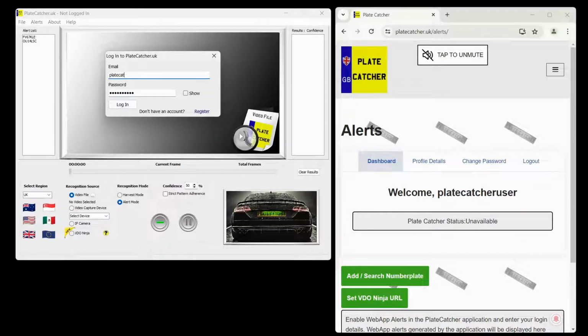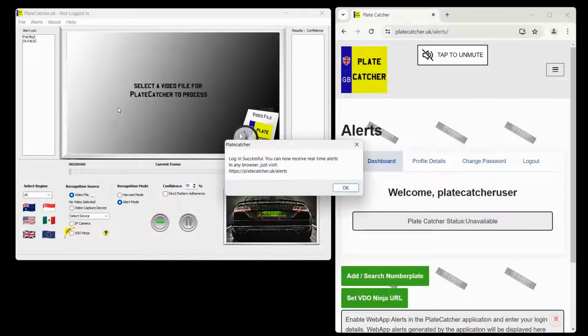If you haven't registered yet, click Register to create an account. Once logged in, you are ready to receive notifications in any browser when logged into your Plate Catcher account. If you subscribe to notifications through Plate Catcher's website, you will receive alerts whenever Plate Catcher detects a number plate